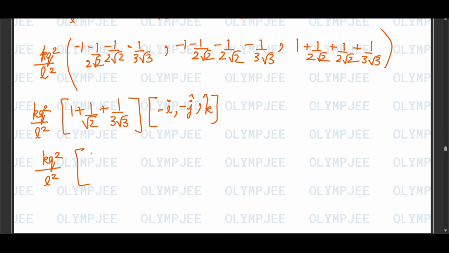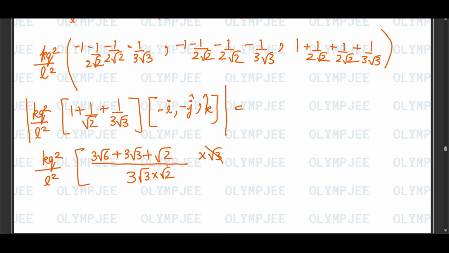So, and the modulus of ijk is root 3. So cancelling out the root 3, we will get approximately this becomes equal to